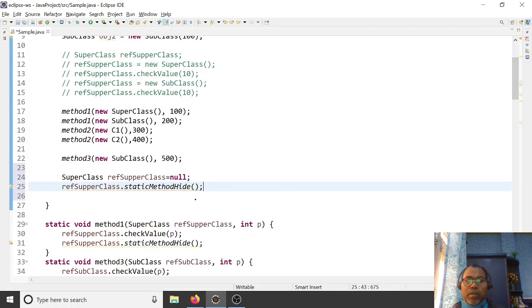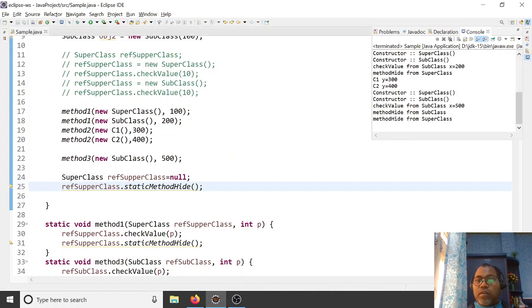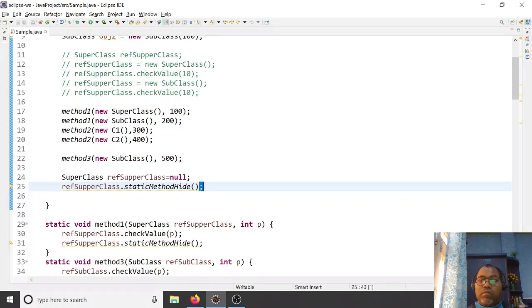It works, it still works. At runtime the compiler resolves it to your class name, and the class name is not bound to which object you are passing. If you run it, it still runs. So this is the preference.